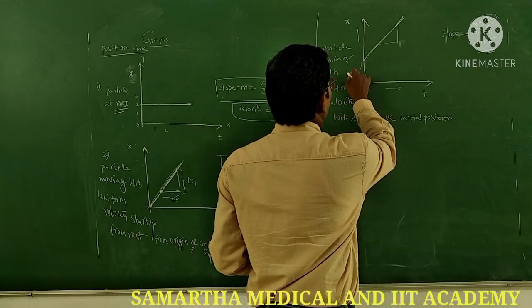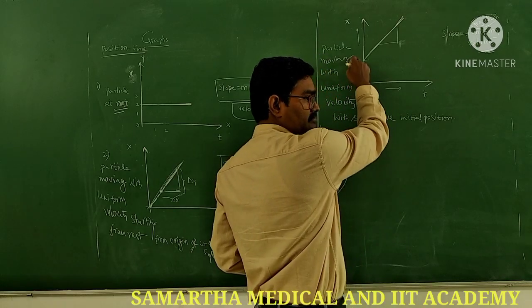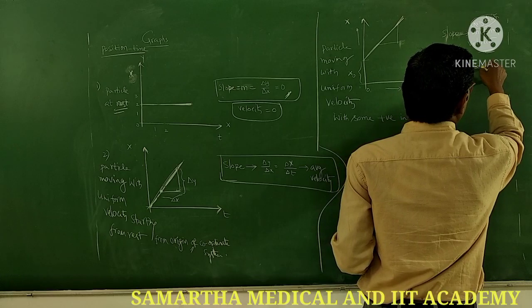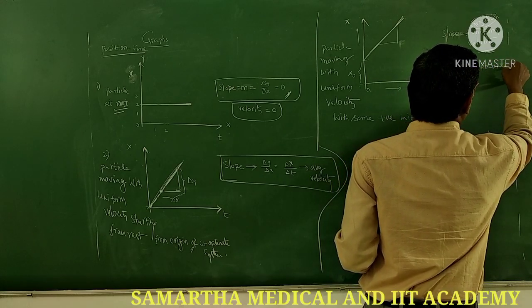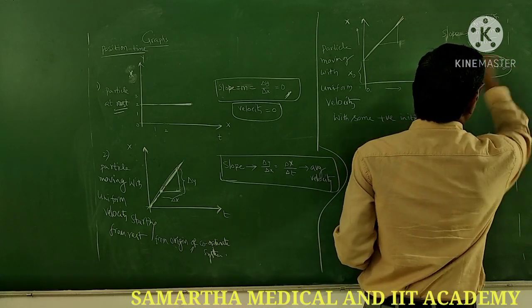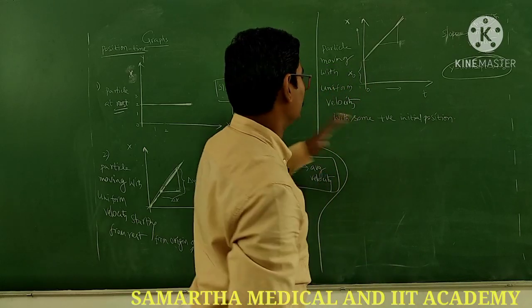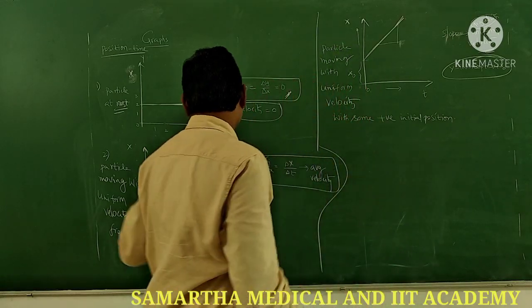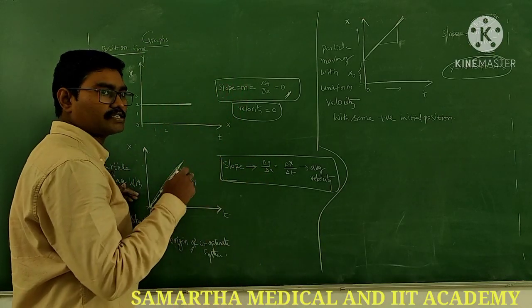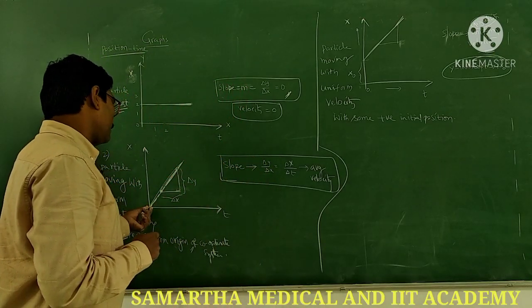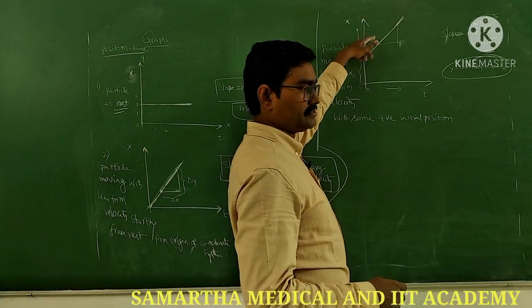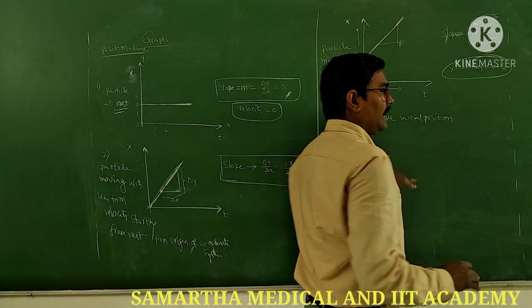What is the y-intercept here? Plus x naught. You can write the y-intercept is plus x naught. This also you can write. Okay, next. Go for the next one. Till now, with uniform velocities. Uniform velocities, two cases. One, the particle started from the origin of the coordinate system with some positive x displacement. Next, you go for acceleration.